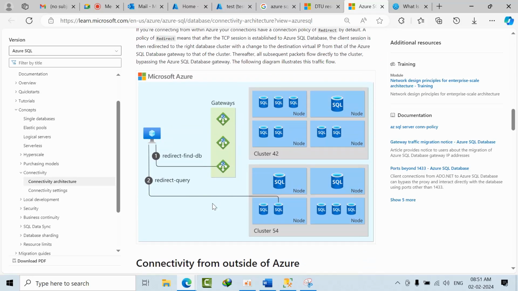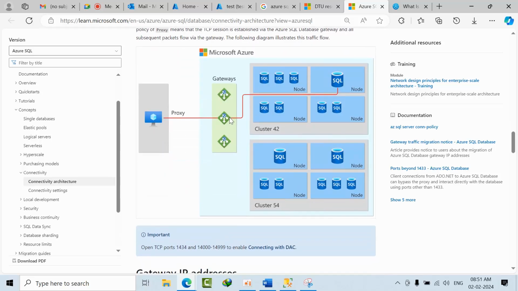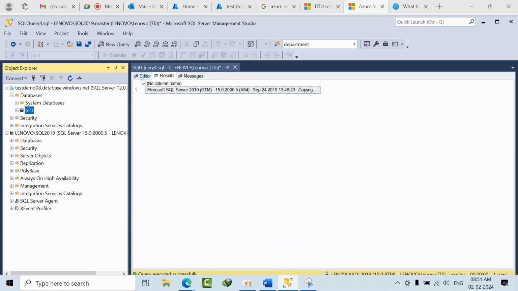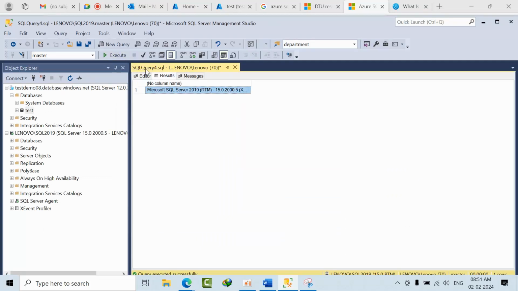What does proxy mean? What I have said previously. If you connect to SQL server, each and every time you run even one single query, it will go to the gateway. Yes, this is the proxy. Each and every time it will go to the gateway, and then to the node. What if I click open new query like this?